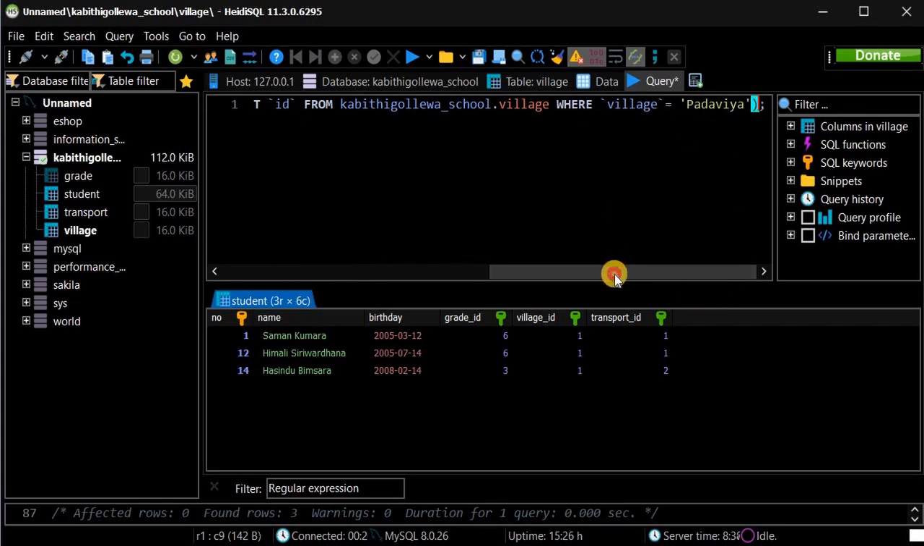Okay, here I'm going to define or write my next condition. We need details of the students who come from Padaviya and also who use bus as the transportation method. So let's define that one. I have to define